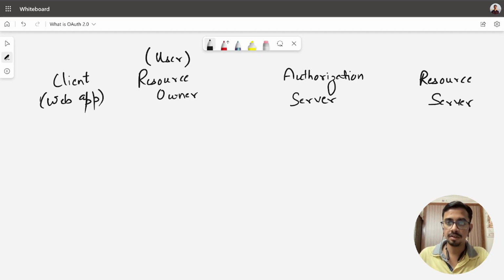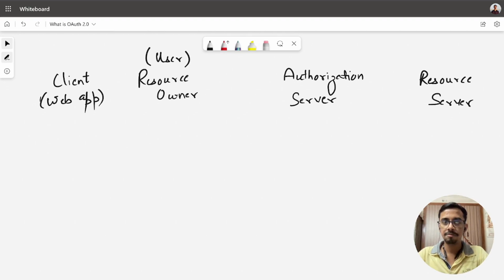The next thing is the authorization server. Authorization server, we can say that it is basically a service, or you can say a microservice, that will actually grant us an access token. And using that access token, we or the client will be able to access the resource from the resource server.